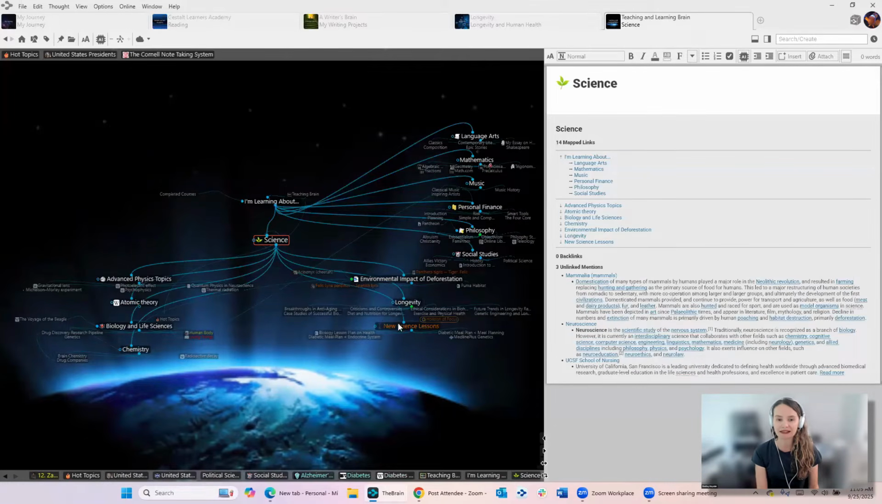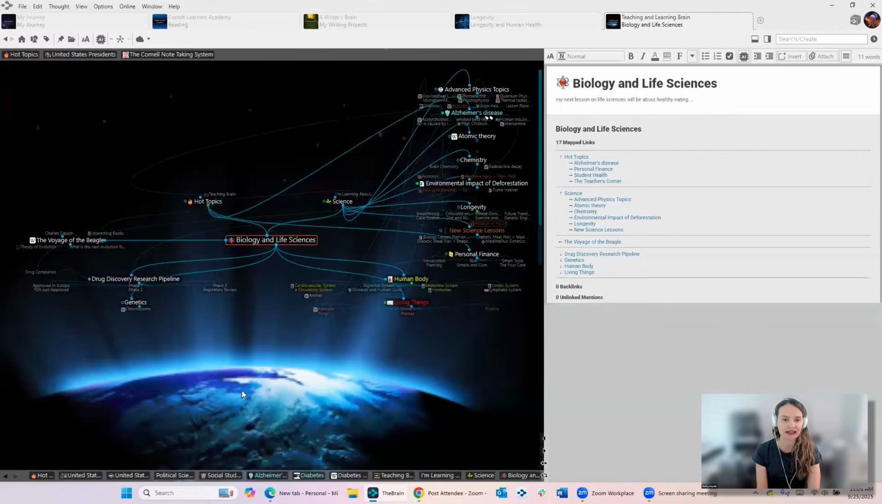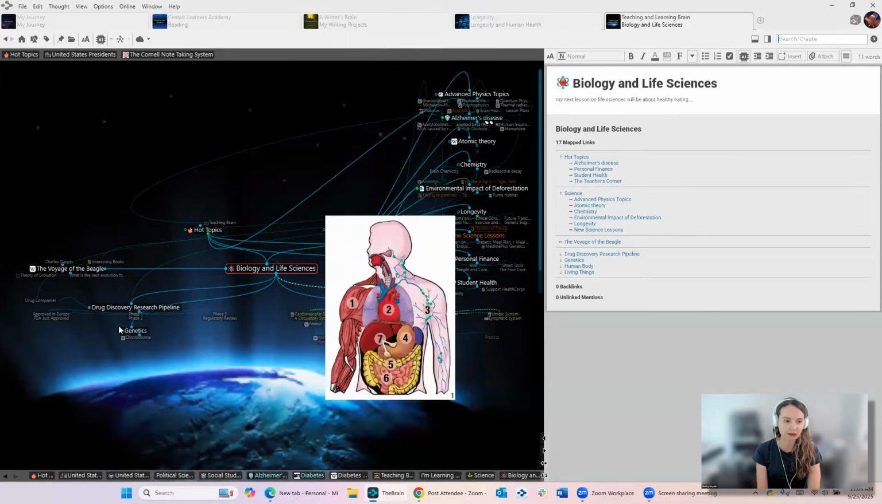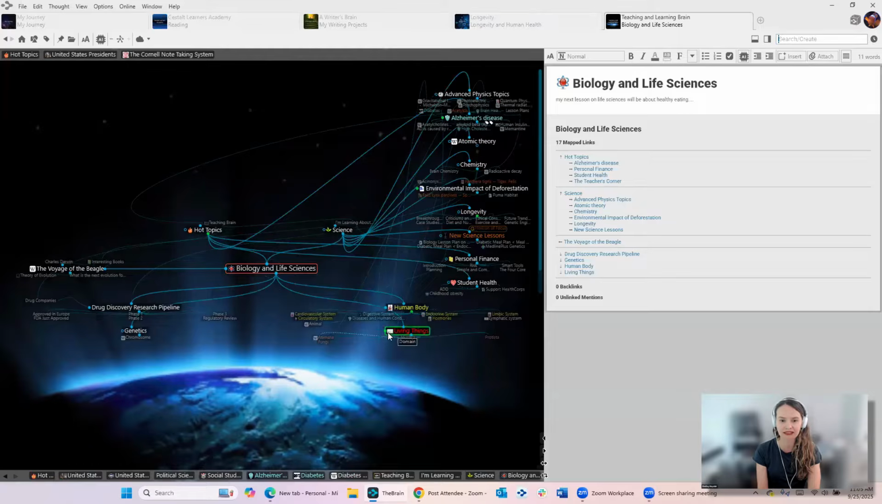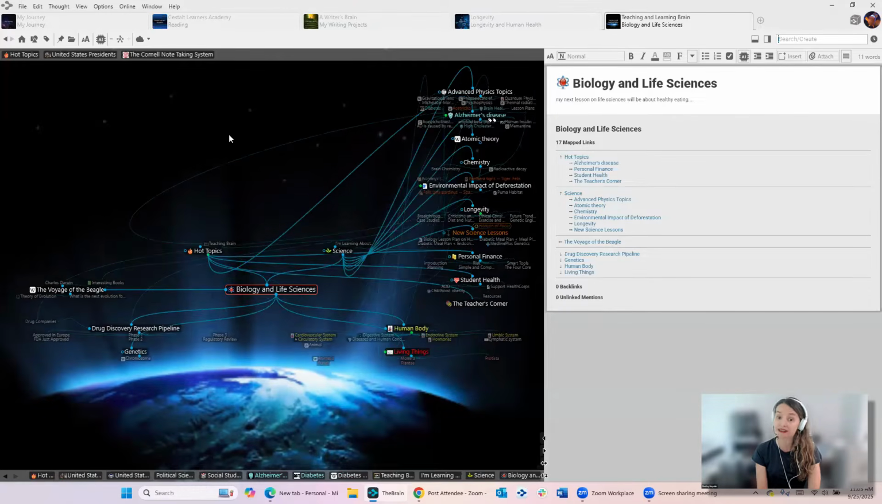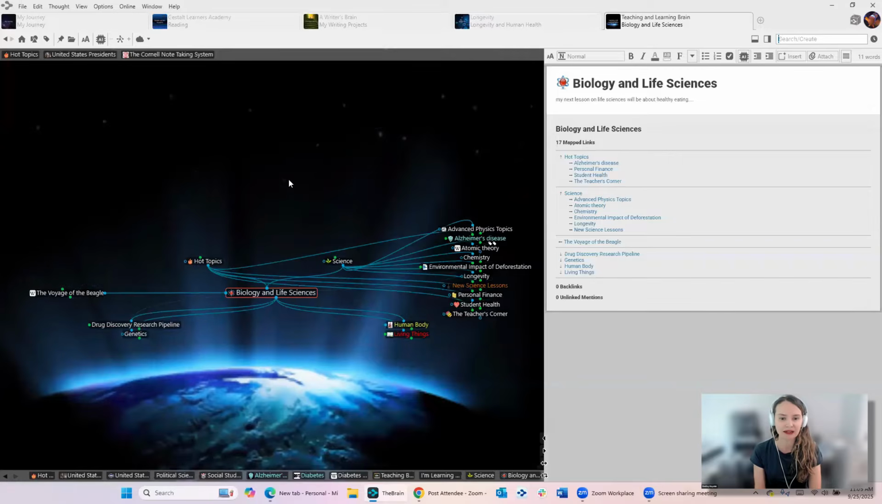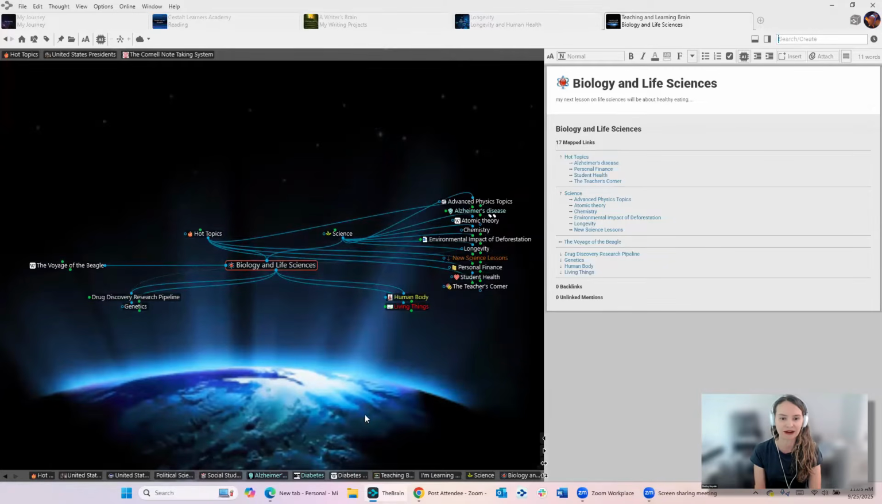Now, I've actually got my distant thoughts turned on in this brain. So when I go over to my biology and life sciences area, I can not only see these different categories I have about the human body or genetics or living things, but I can see one generation away. That is not the default setting, but it's a setting that I think has worked pretty well with this brain. If I want to turn those off, I can just go into this particular area and look at things in